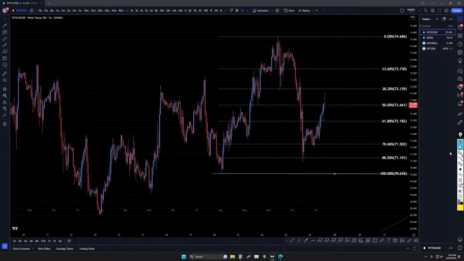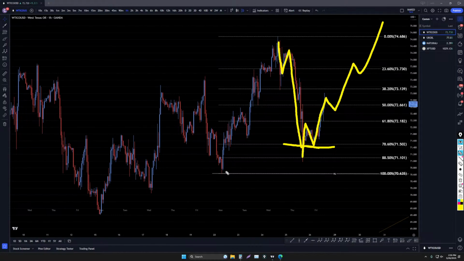Especially, look at it, it's very strong to the upside. It did make 3 waves down too, 1, 2, 3 waves right to the 78.6, and then a 1, 2, higher low is an indication that a trend is over, and it kind of looks like it could be in a wave 3, and it kind of looks like it could just keep on going up. The fact that it made another higher low is what really makes me think that it is going to just continue to drift up.